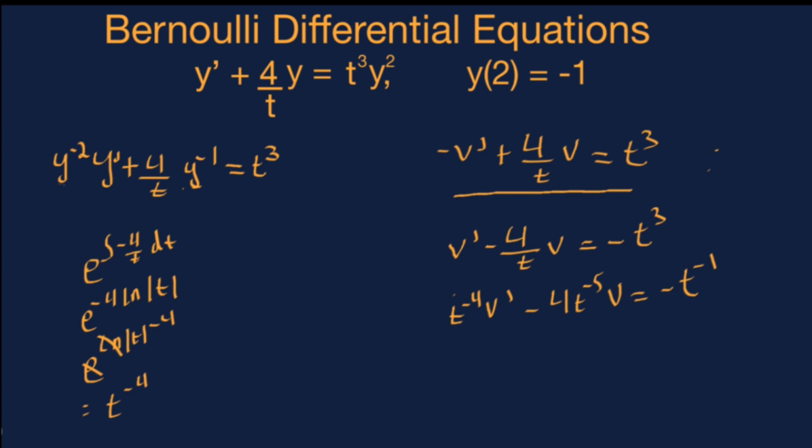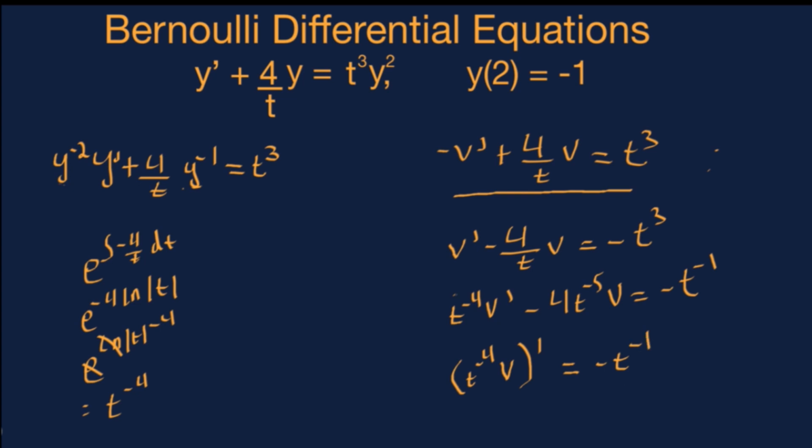So the left side of this equation is the product rule in terms of t to the -4 and v. So that could be written as the derivative of t to the -4 times v. And that will be equal to negative t